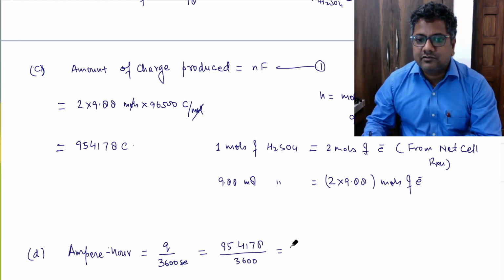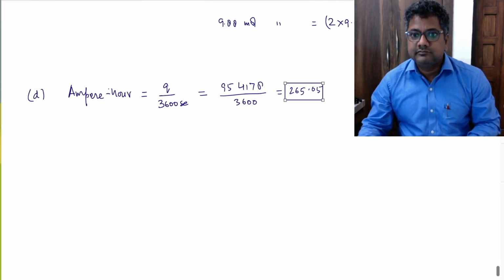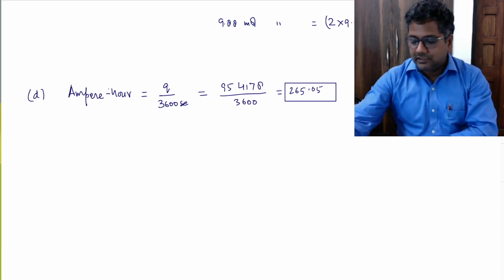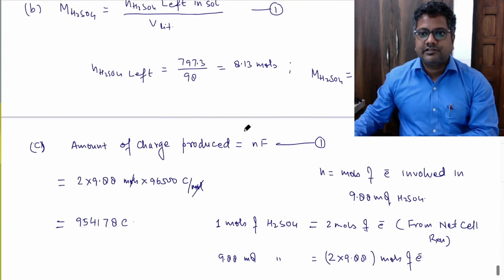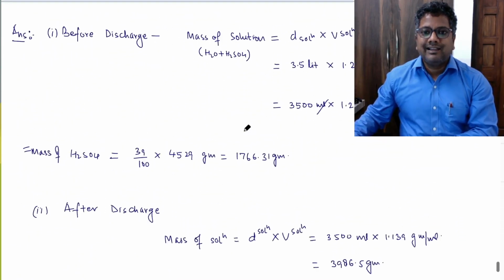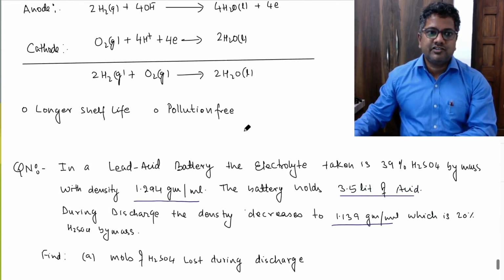So this is equal to 265.05. So this is the answer. Right? So in this way you can calculate all these calculations related to the lead acid storage battery. So this is the question, and